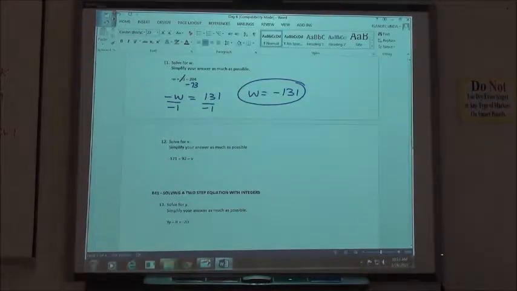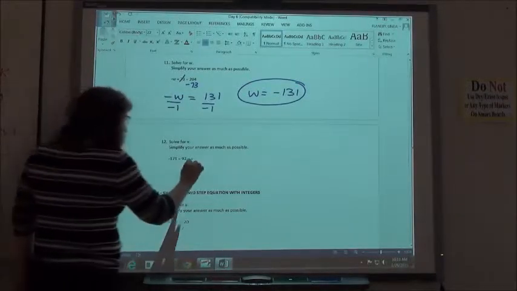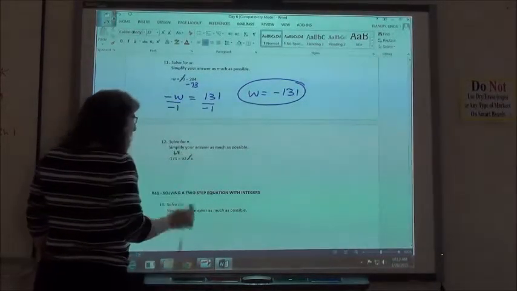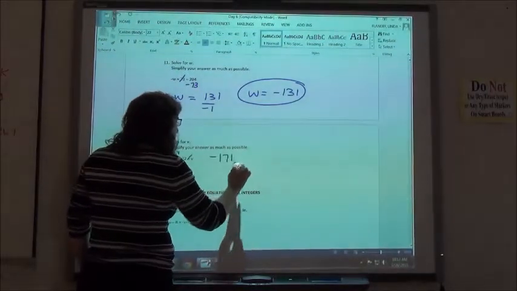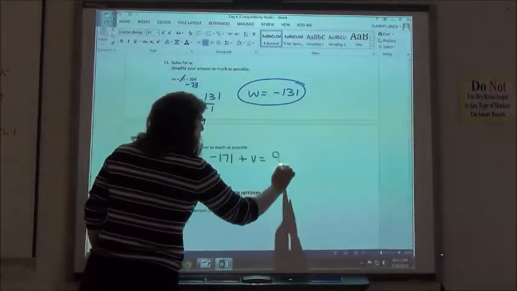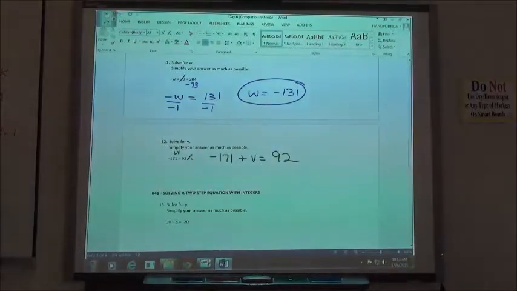Number 12 says negative 171 equals 92 minus V. If we do that one, what would you like to do first on that one? Add the V, okay? Amy says I like to add the V. So what I'm going to have is negative 171 plus V equals 92. If I have negative 171 plus V equals 92, to solve it for V, I would